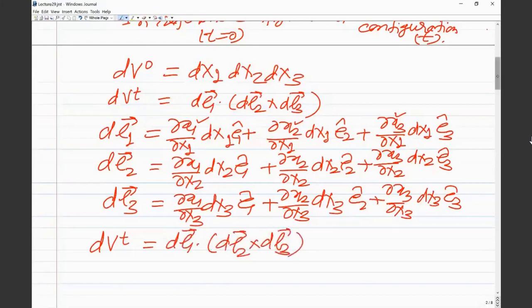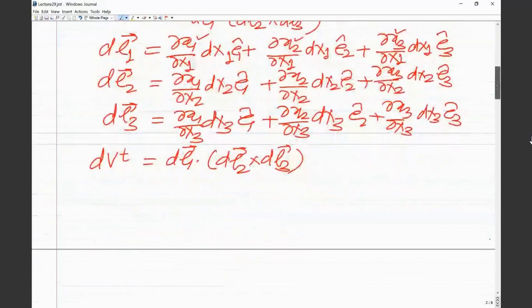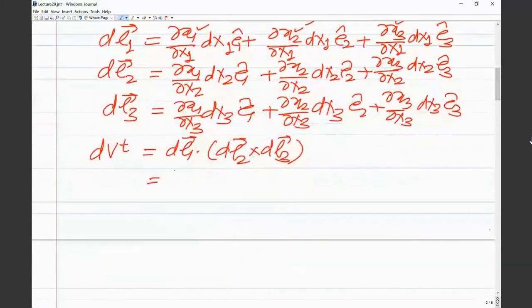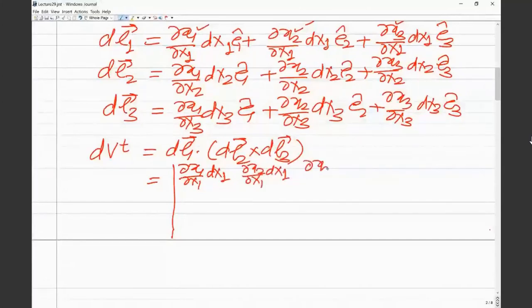So this can be written as a determinant of 3 by 3, where the first row is del x1 upon del X1 into dX1, del x2 upon del X1 into dX1, del x3 upon del X1 into dX1,